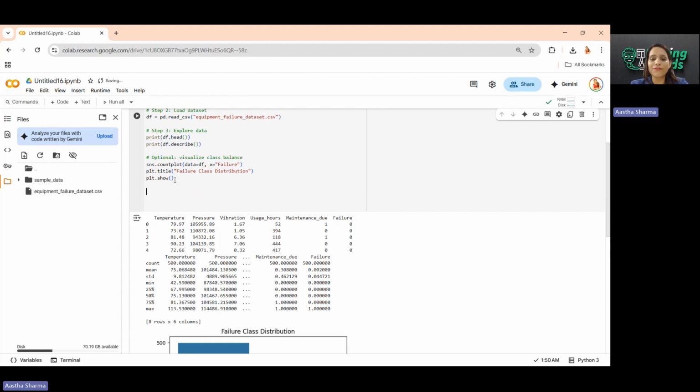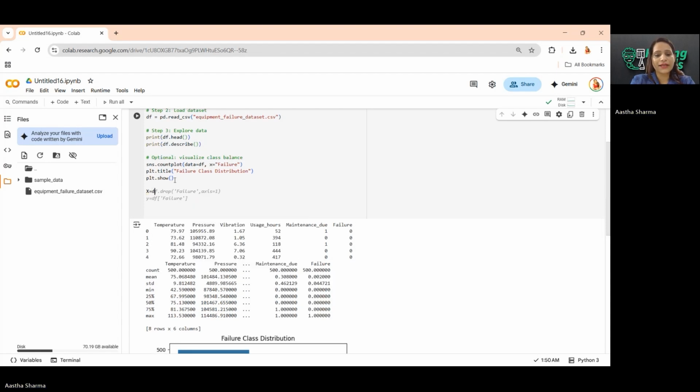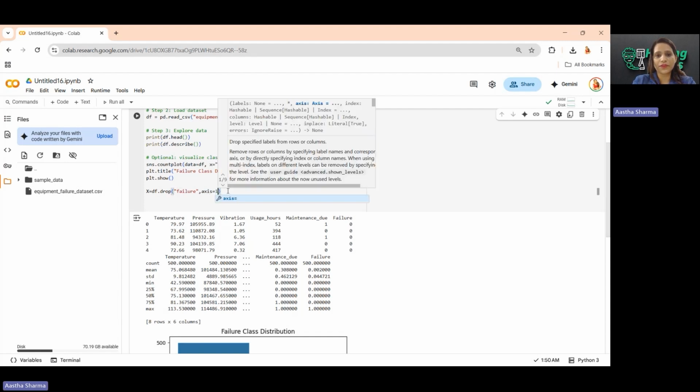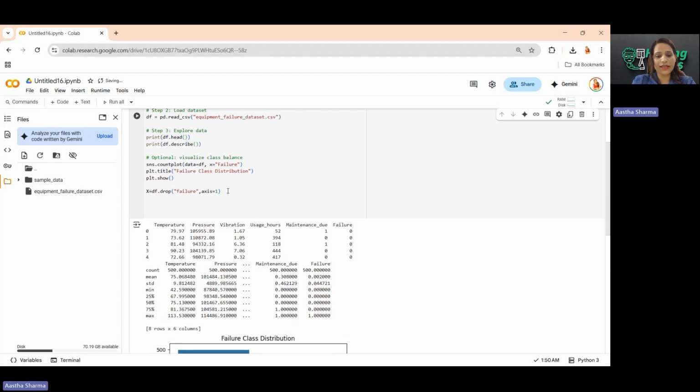First of all, we are going to define X and Y, and then we are going to split it into test and train. So let's quickly do that. We are going to put X is equal to df.drop, and what we wanted to drop is failure, on axis 1. Now, once we have done that, we are going to define Y is equal to df